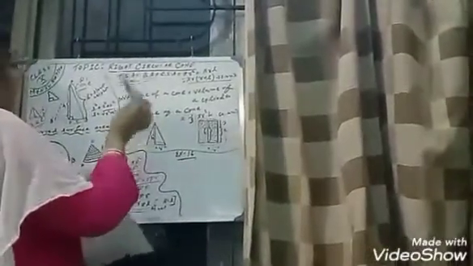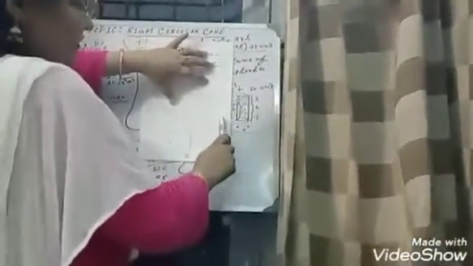Slant height means the hypotenuse. According to the Pythagoras rule, already I have explained, L square equals to r square plus h square. So just apply that formula. H square will be L square minus r square. L means 17.5. R means 21 by 2. So it gives us the calculation part. It gives us H is equal to 14.